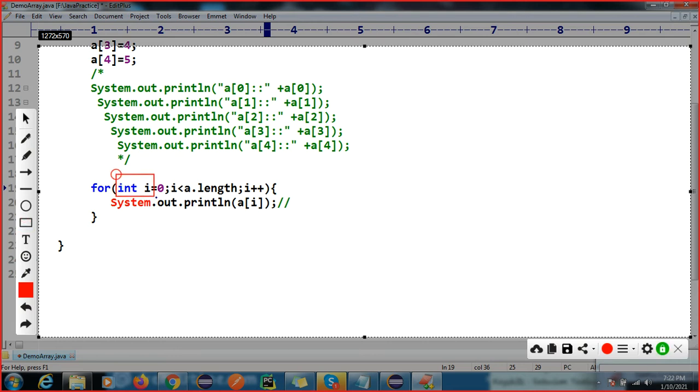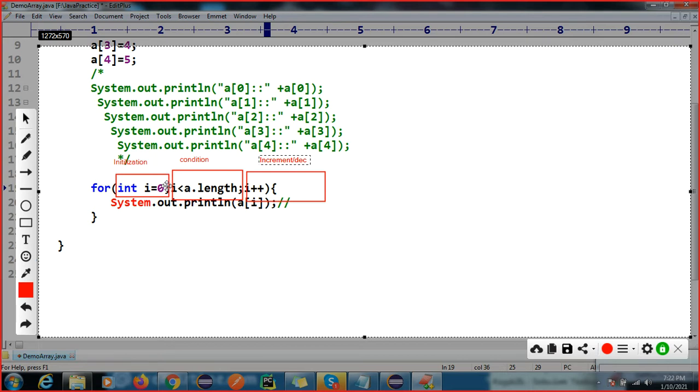We have three parts in this for loop, separated by semicolons. This is the initialization, this checks the condition, and this is the increment and decrement.